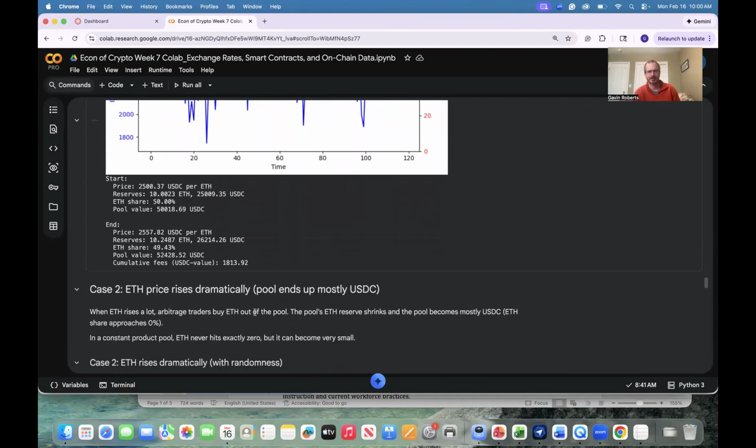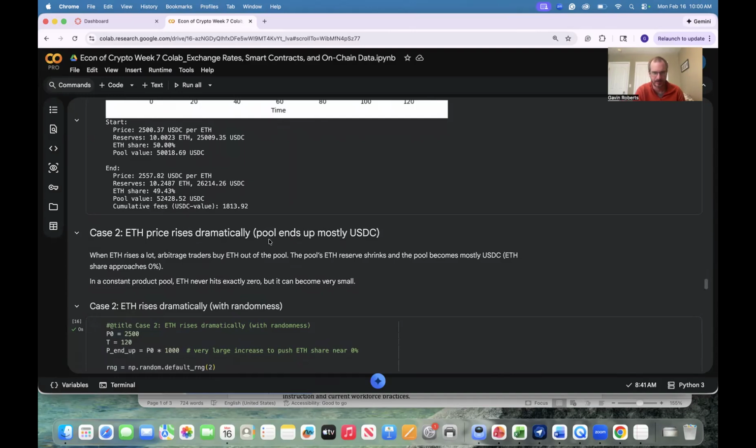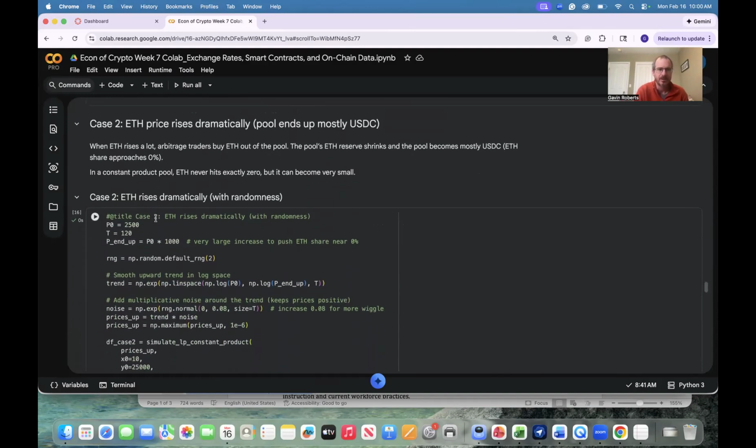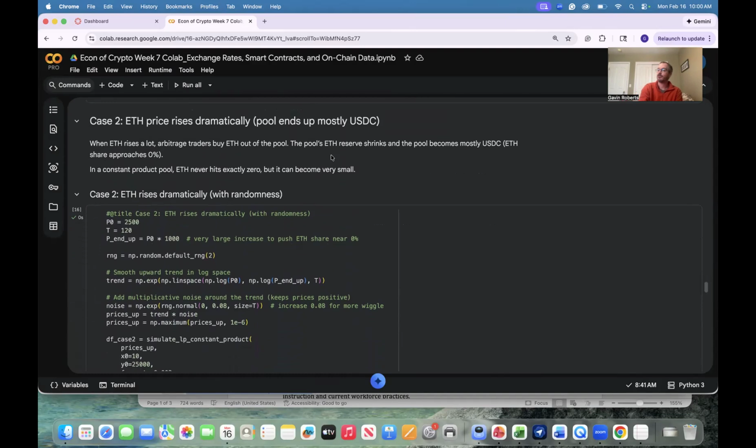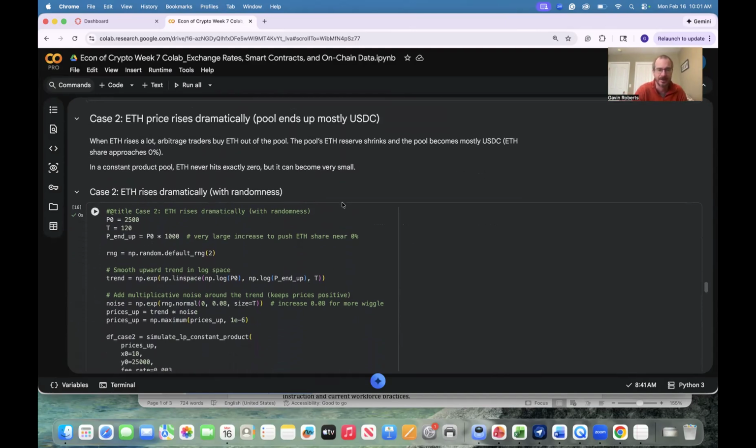And then we can see some basic statistics about where we started, where we ended. Now, case two, we're going to have the Ethereum price rise dramatically. So what should happen is traders go into the pool and they're buying Ethereum to be consistent with this arbitrage. So maybe some big signal in the market says, oh, Ethereum's going to go to $1 trillion, so everybody wants to buy it. Traders specifically want to go buy Ethereum from the pool to get this arbitrage action that we discussed in the example above.